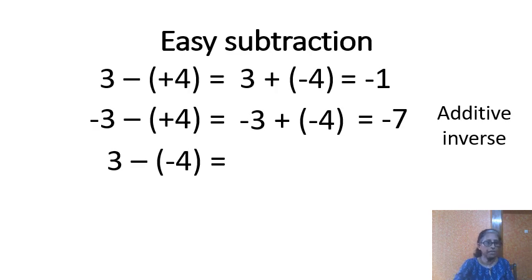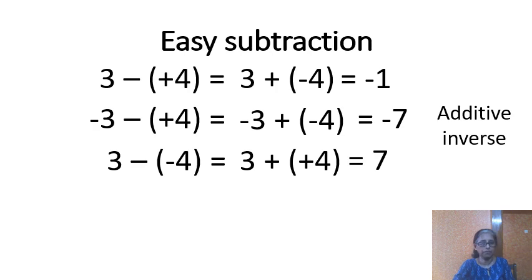Next you have 3 minus minus 4. Now again, first step is to convert that subtraction to addition form and then write the additive inverse of minus 4. Additive inverse of minus 4 is plus 4. So here you find that 3 and 4 both are having positive signs. They are having same signs, and therefore you add it and put the same sign plus. So you get the answer 7.